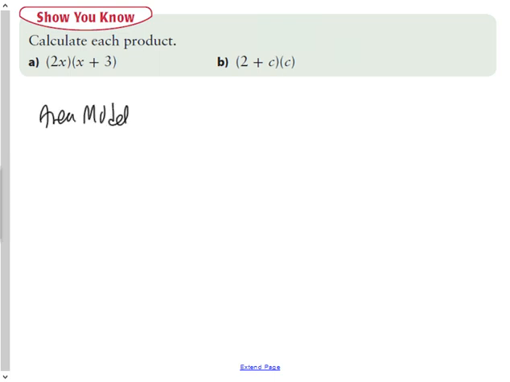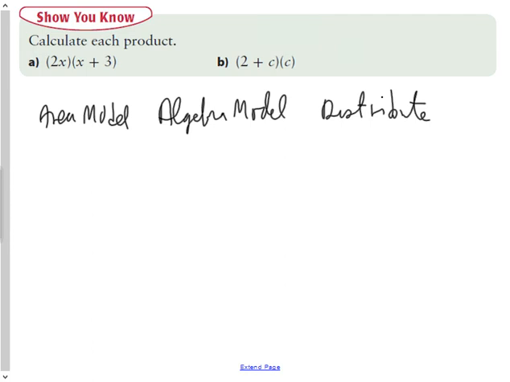modeling using algebra model, and modeling and solving using distributive property. So real quick, I'm going to do all three for the first one, and you're going to see how I can use all three methods to calculate what the product or what the multiplication is of 2x multiplied by x